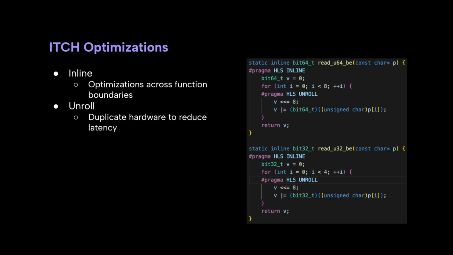Now let's move on to the optimizations. The ITCH parser does not have many optimizations because its core function is to read specific fields of a given binary message. The ITCH protocol uses big endian notation for all integer fields, and the helper functions to read these fields have been inlined and unrolled. Inlining removes the function call overhead and allows for optimizations across function boundaries, and loop unrolling duplicates the hardware to